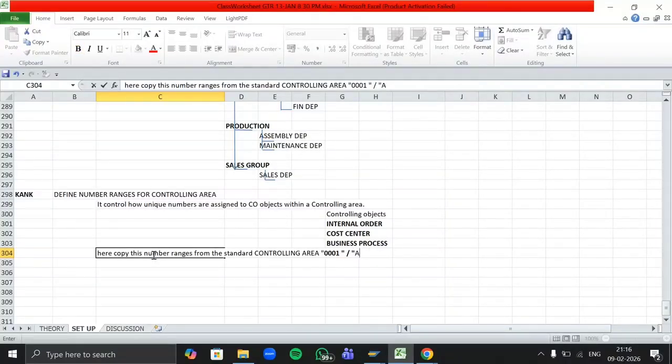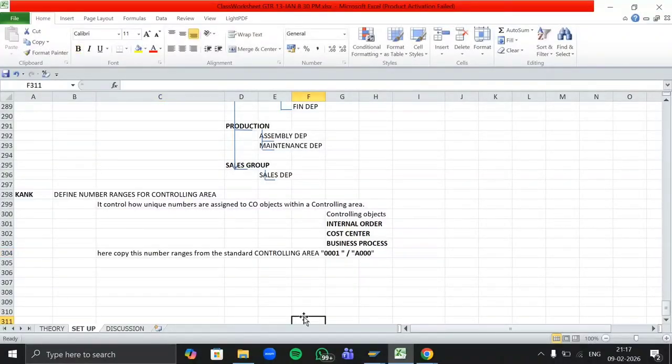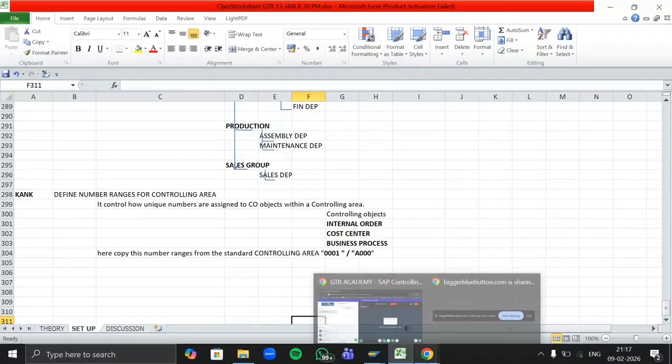Okay, so let's see how to copy the number ranges. Let's use the T code KA and K.